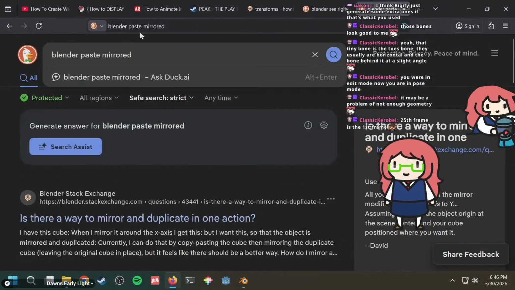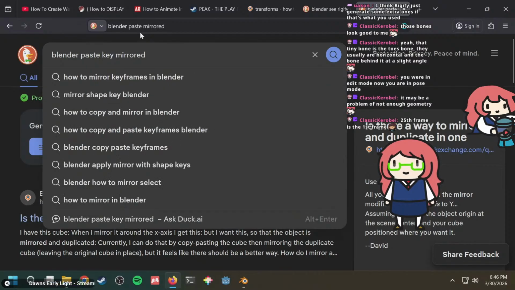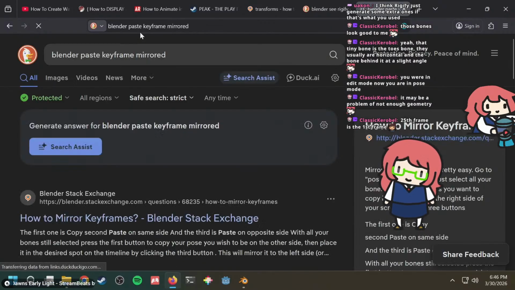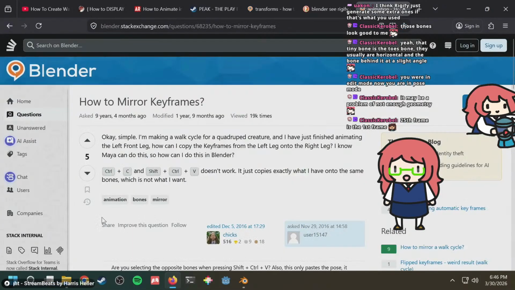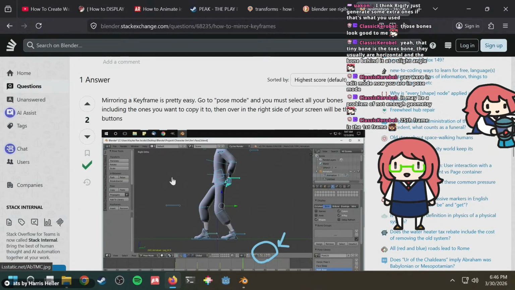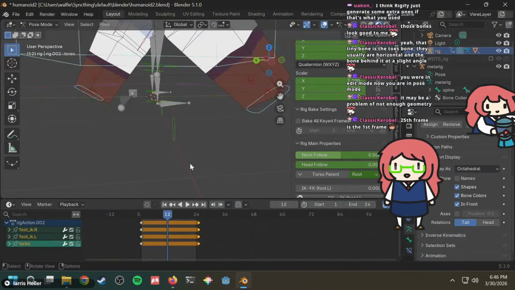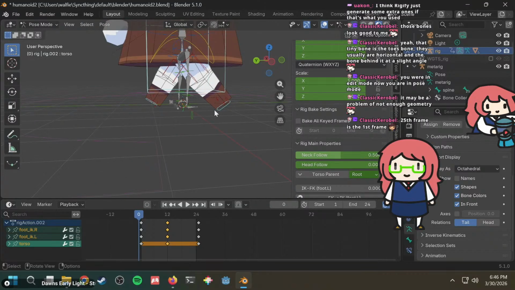Paste animation. Paste keyframe mirrored. Paste on opposite side. Hold on. Control Shift V. Internal clipboard is empty. Hold on. Copy these. Control C. Control Shift V. Oh shoot.